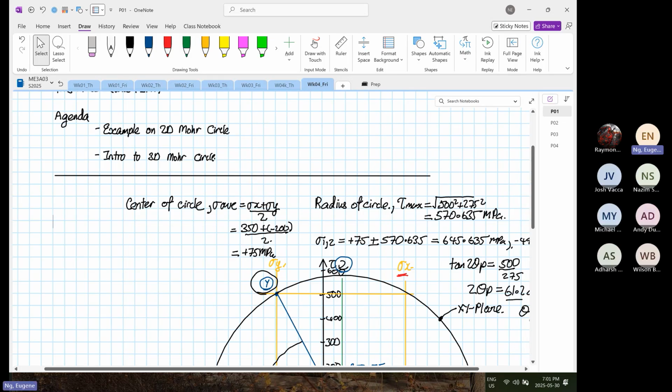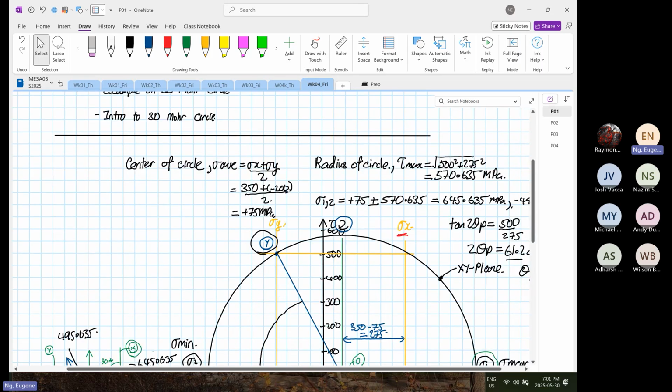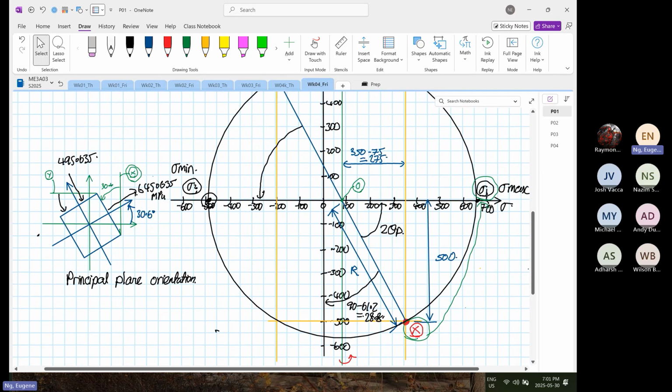Complete the example we did yesterday on 2D Mohr circle. Then we're going to do another example on 2D Mohr circle. Then this is going to be followed by an introduction of 3D Mohr circle. Okay. So yesterday, what we did is we